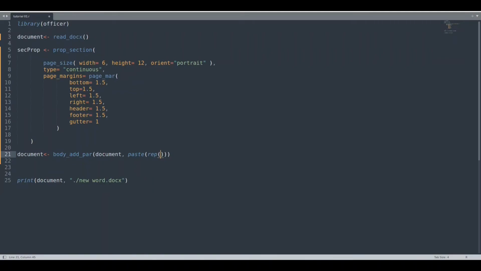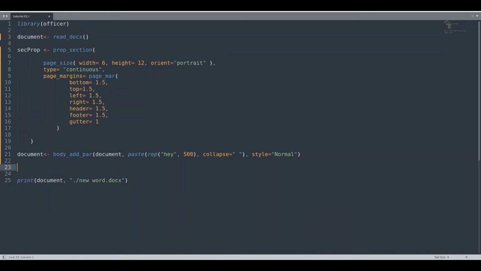So we are going to do that with function rep. We are going to provide hey, and we are going to repeat it 500 times, and then all of that are going to be separated by blank space. And then we are going to provide style, let's say